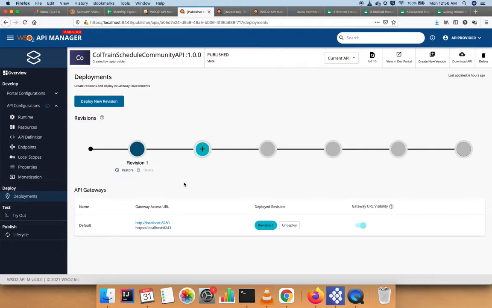You can have multiple revisions deployed at the same time in different gateways, and based on the requirement you can always fall back to a previous version. I mean, if you see an issue with the new version, you can always fall back to the previous revision. Okay, so